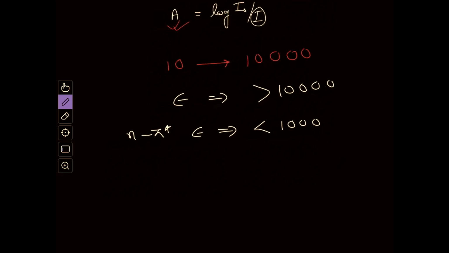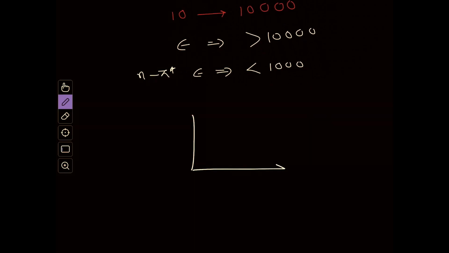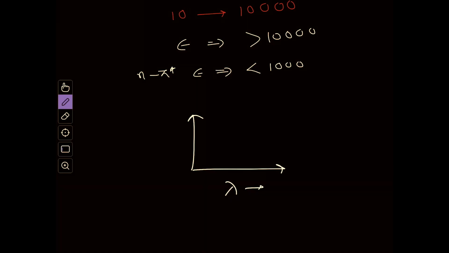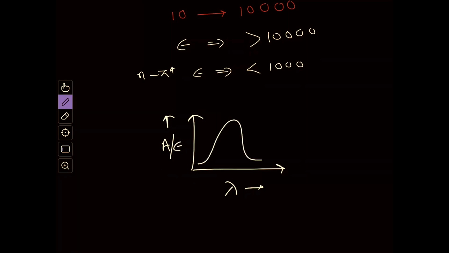And the epsilon value you cannot determine empirically, it is fully a molecular property, and you have to do the experiment to determine it. And when the UV data is plotted, how is it plotted? In the x axis we have the wavelength, and in the y axis we have either A or epsilon value, and the data usually looks like this. So this is the UV spectrum.